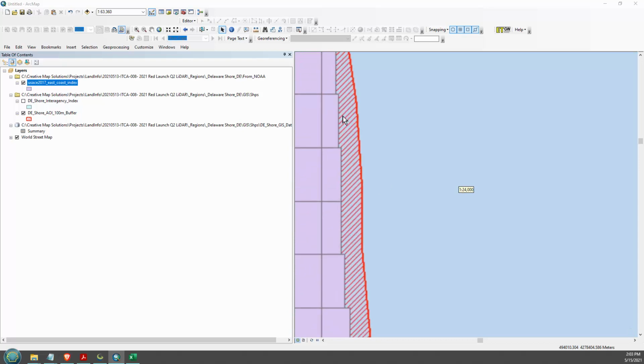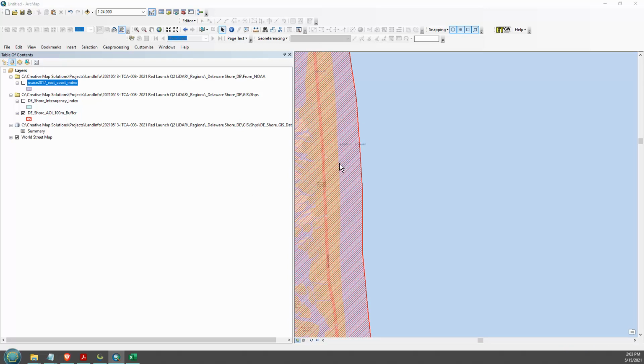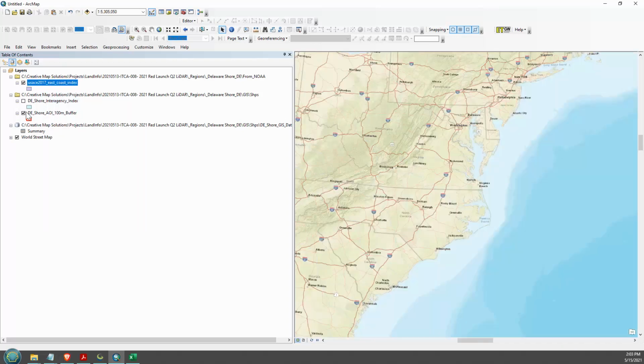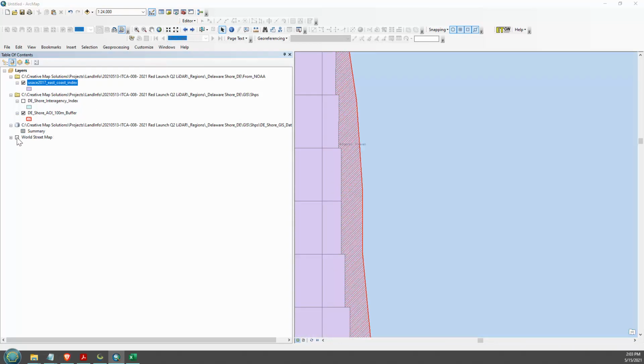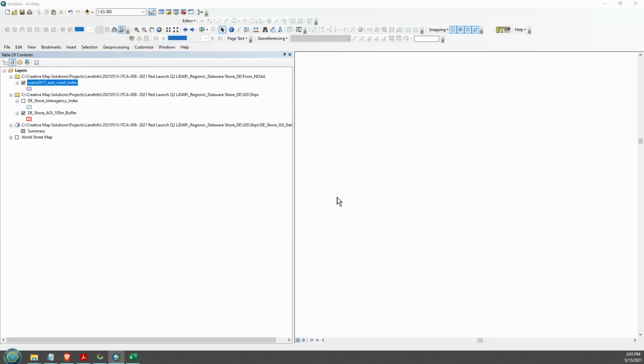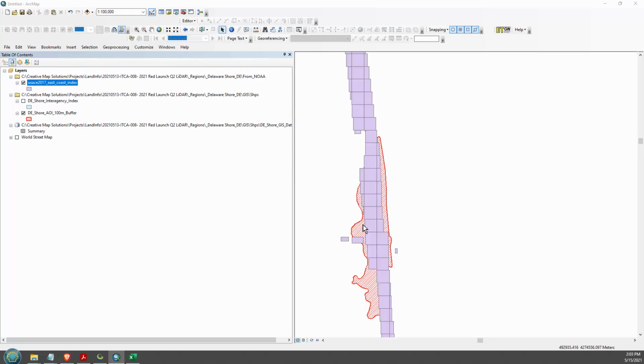There's no land out here. This should cover all of Delaware. See, there's a Delaware Shore State Park right here. So this is all the coverage for 2017. Oops, go back. So for the 17 tiles,